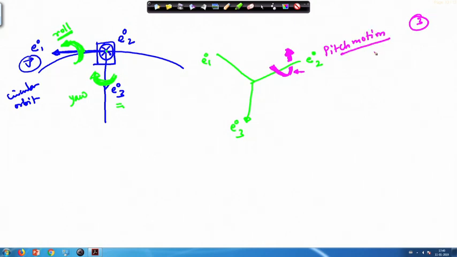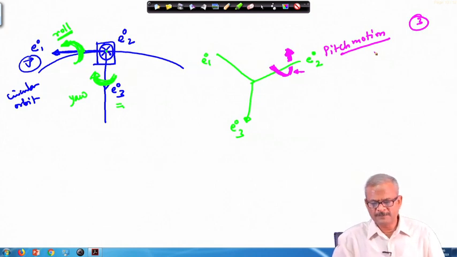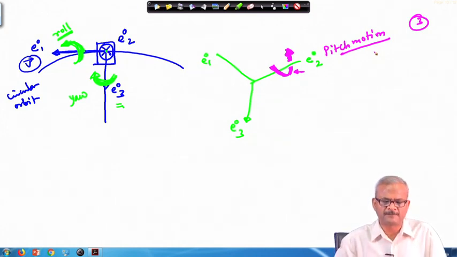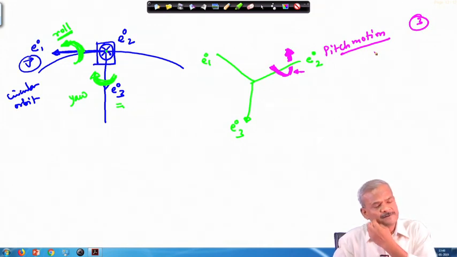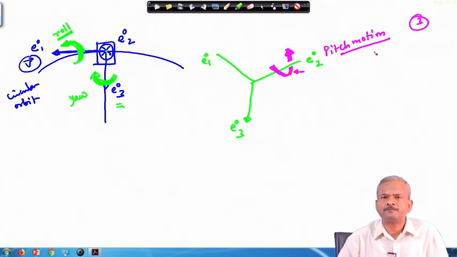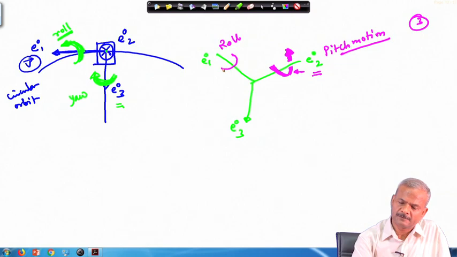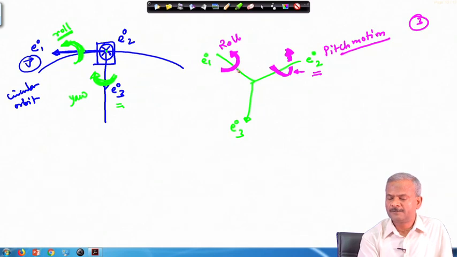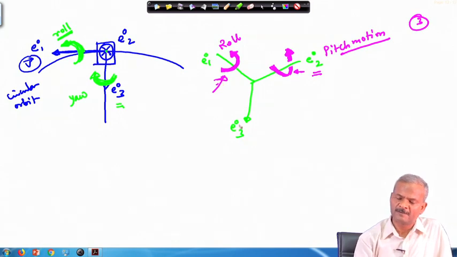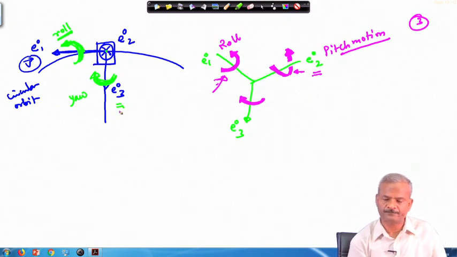Generally this notation is coming from the aircraft, and as I have told you, along the velocity direction we take this as the roll, and then along the y direction we take this as the pitch. So, this is acting as a y direction. Here roll will be along this direction, and how the roll will be, it is going like this. Here again you see the green line is below the red line, in this place, and Z 1 is also like this, as shown here in this place.